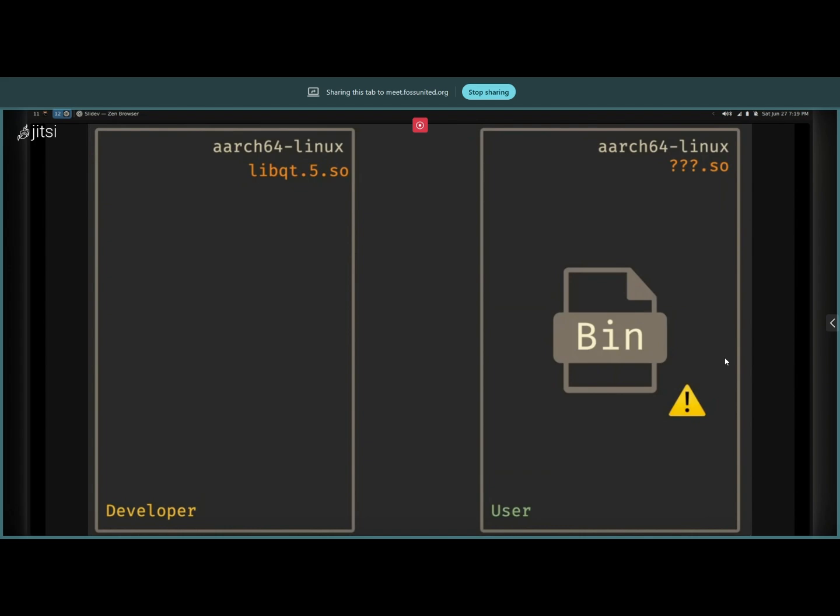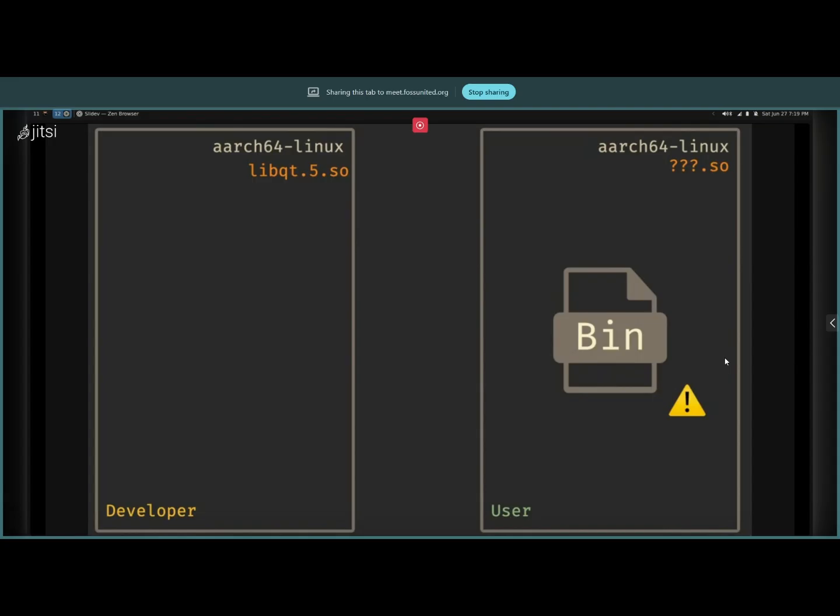Now, why is that? It's because there is a philosophy on the Debian side and generally on Linux distros that your application should try to reuse libraries and other things from your OS. For example, if you are using something like KDE, your computer comes with Qt. You can see that mentioned here. Now, Qt is used by KDE. KDE is written mostly in Qt, and so it's usually installed in your system.